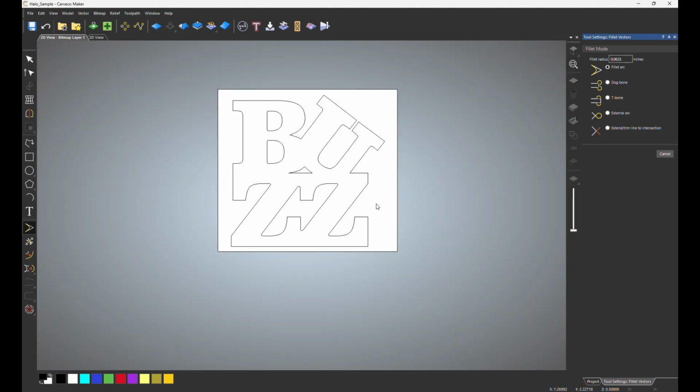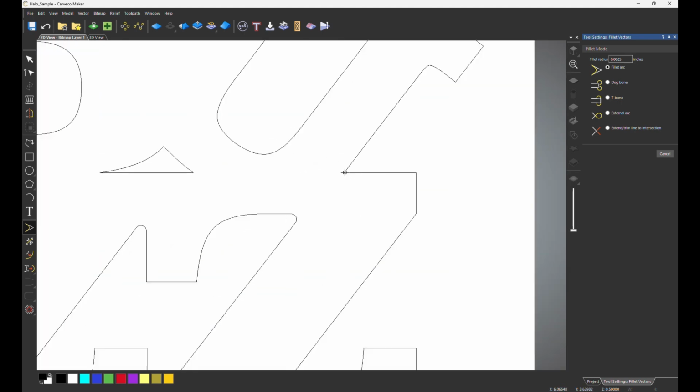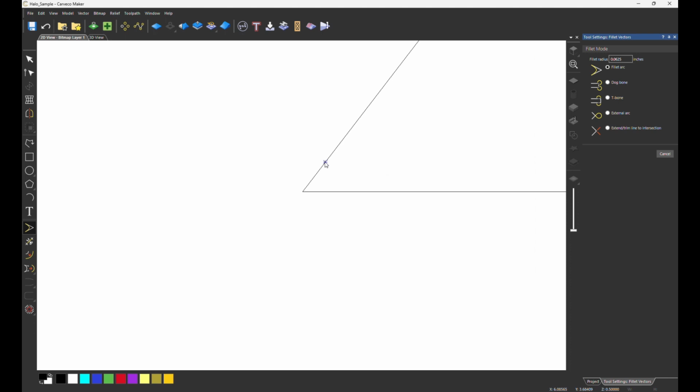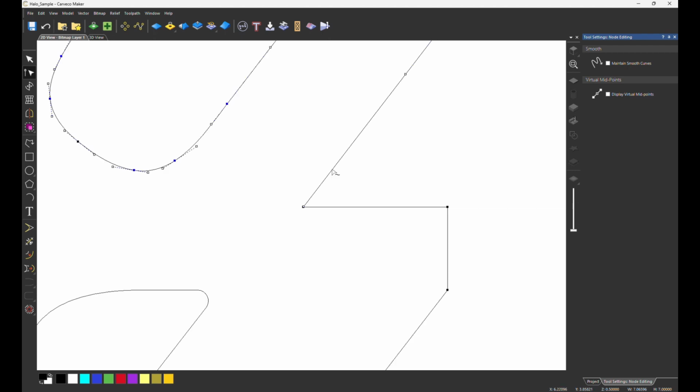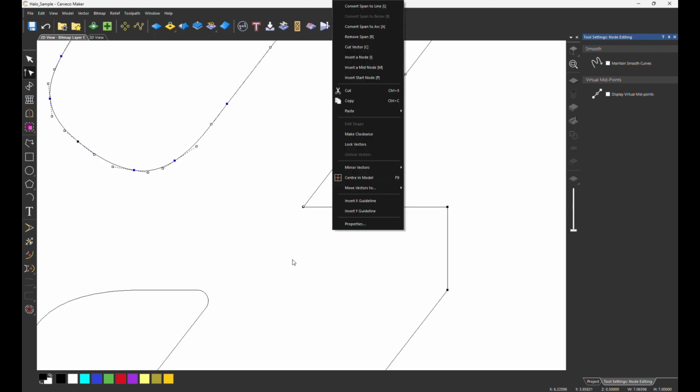When you hover over it, you can see the little crosshair change, and it'll let you select it. Sometimes you get an error like this about it needing to be a span or an arc or a line instead of a span. To change that, you can hit N or select this for your node selection tool. Click on it. I can see the problem here. I'm just going to hover over this one, select it, hit